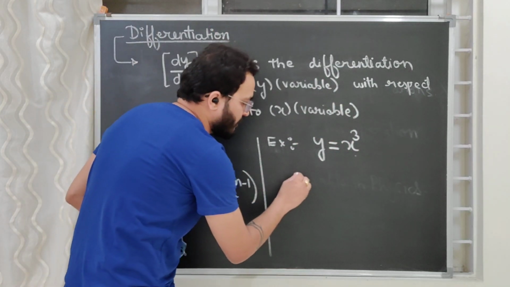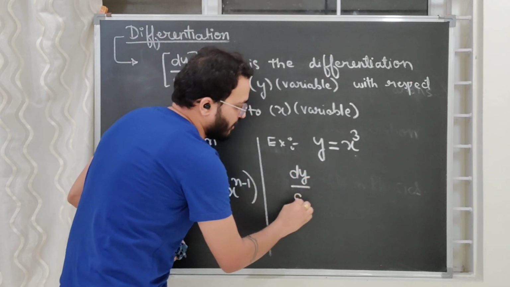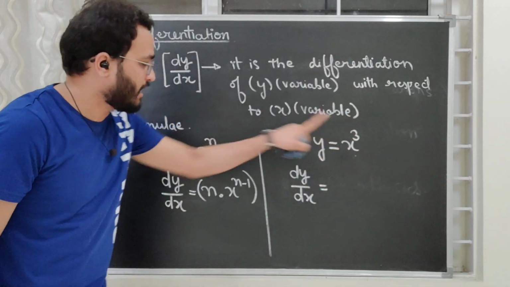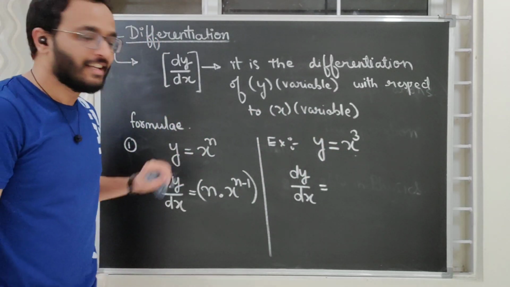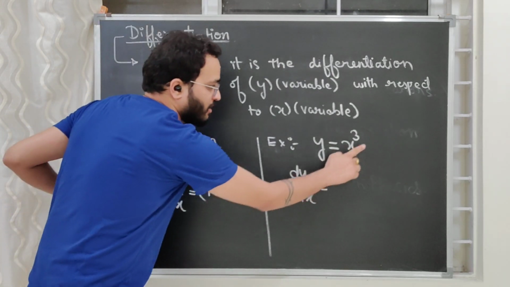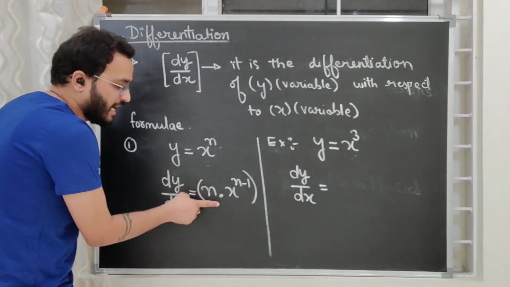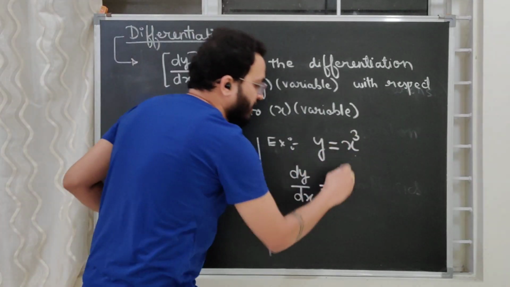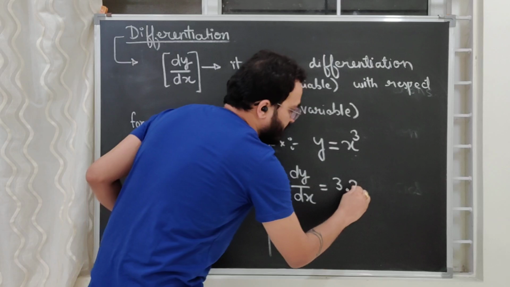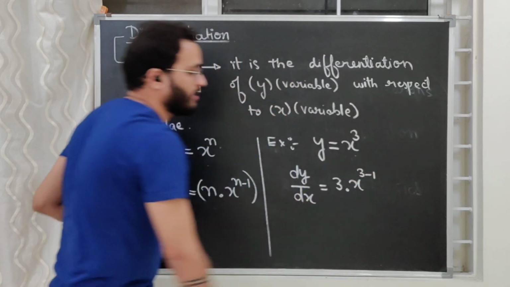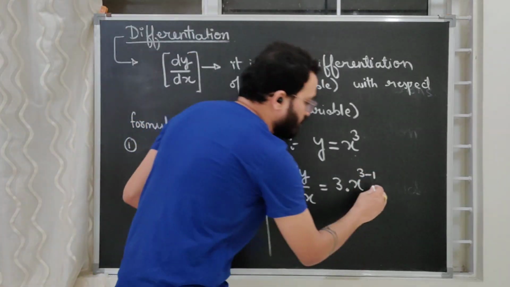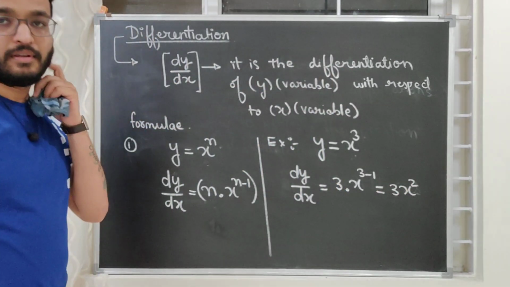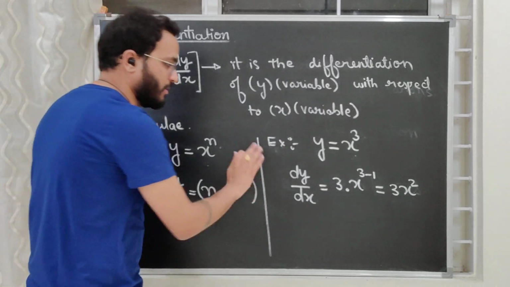Very good. So now what will be the differentiation of this function? You will say this looks very much identical to this, right? That means x to the power n, here x to the power 3. So just like we applied this formula here, we are going to apply the same formula here. So 3 will be brought to the coefficient of x and the power will become 3 minus 1. So what will it turn out to be? It will turn out to be 3x square. Okay, students, I hope this is clear.